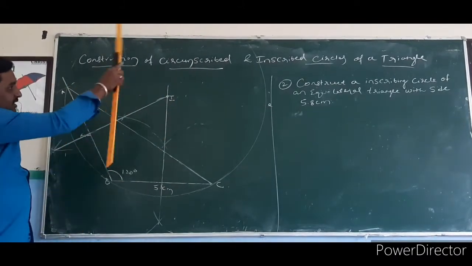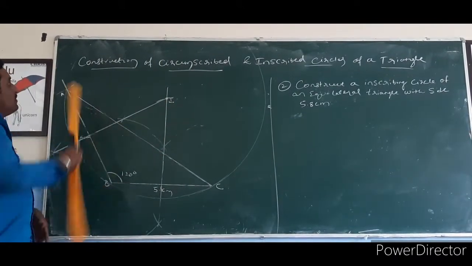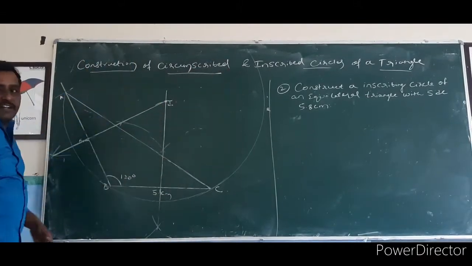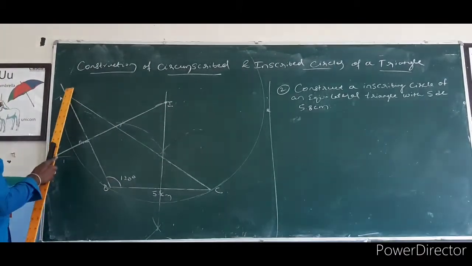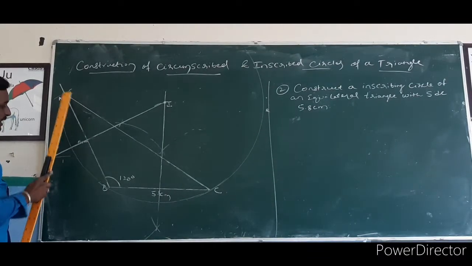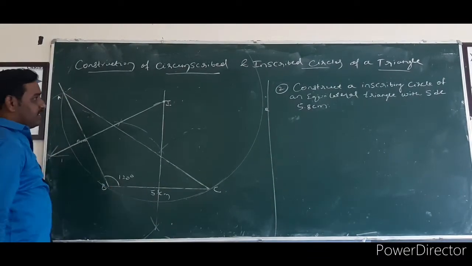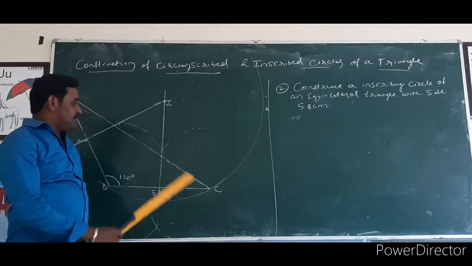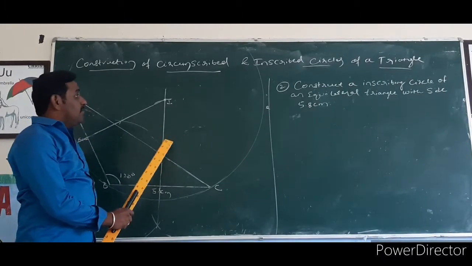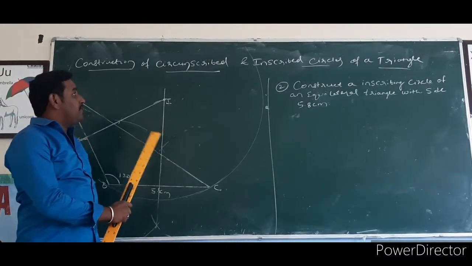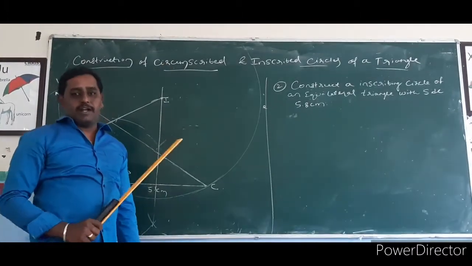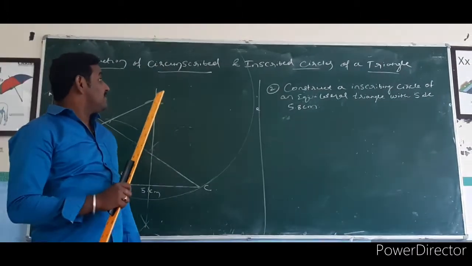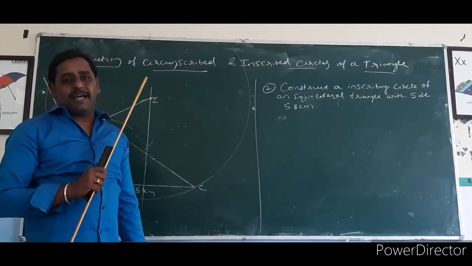While you are constructing the circle, keep your compass point on this point and draw a circle. Look at this circle. Because of shortage of board, I am not able to construct the full circle. I hope you are understanding. So the circle touches the three points A, B, C. This is the main set of steps we follow for circumscribing circles. I hope you understand how to construct a circumscribed circle for a given triangle.